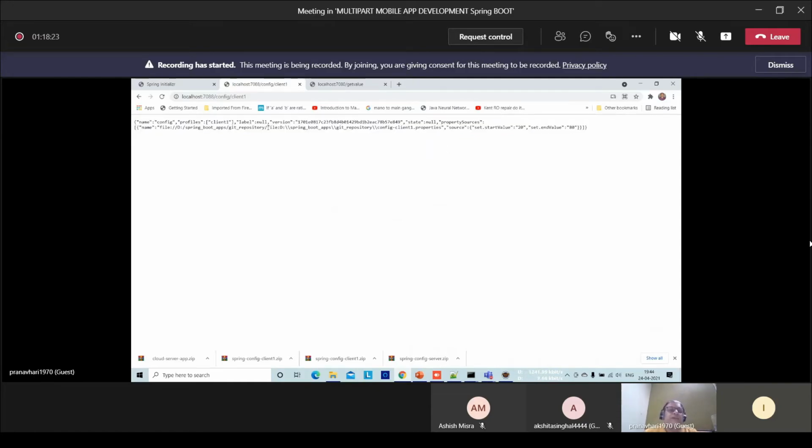Yes. Actually, why is this syntax a profile? There might be a question rising in your mind: after all, we have the file name and the name of the file here, and then we have the profile. In a real application, what happens? There will be many properties files. So the profile, like in a company, there are many programmers.